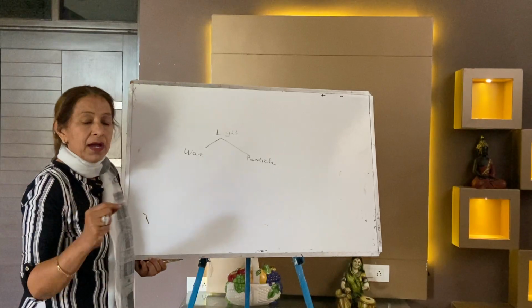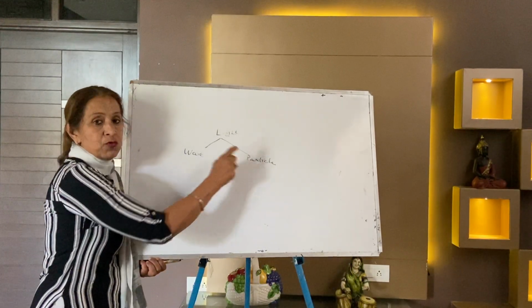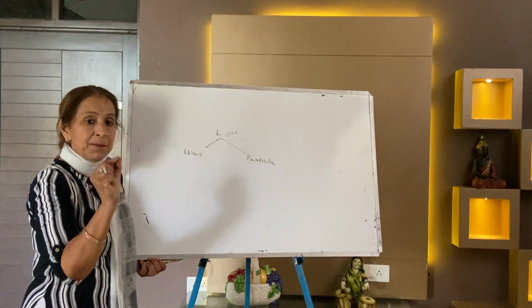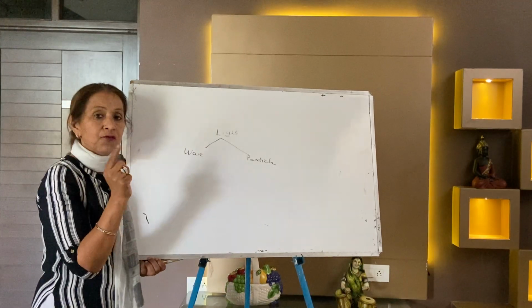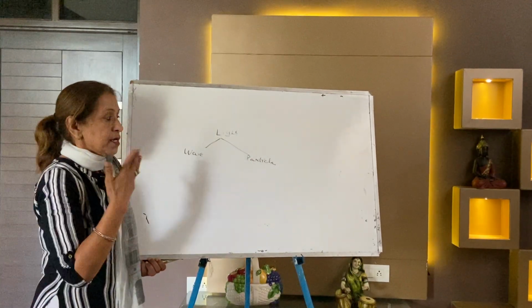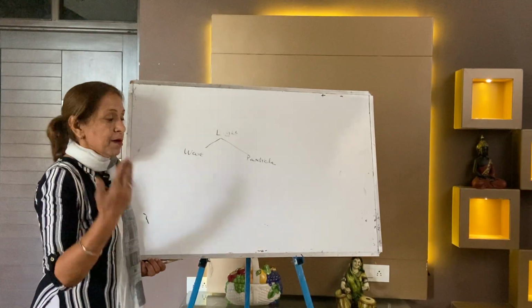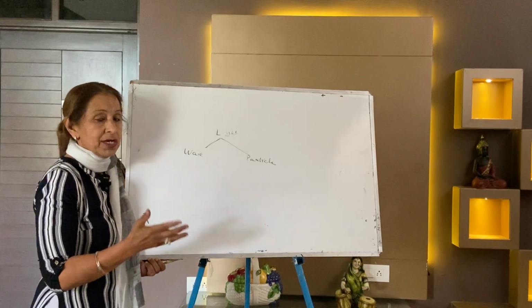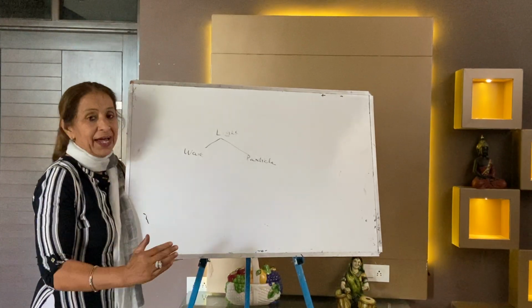Energy is absorbed and emitted in a discontinuous manner in the form of small packets, and these packets of light energy are called photons. Light is a wave as well as a particle. Numericals of wave and particle character, that is the photoelectric effect, we will take in the next lecture. So this explains the topic dual nature of light.